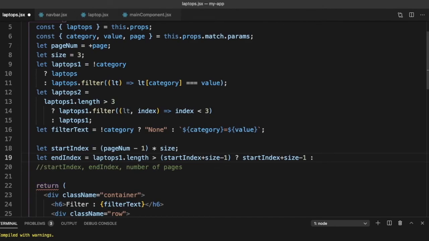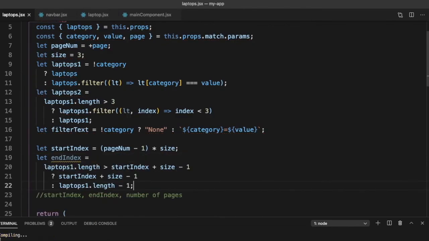Else it means that there are fewer elements. So else it is laptops 1 dot length minus 1. Now why is it minus 1? Because the index starts from 0, whereas the length will start from 1. So if there are 6 elements, the indexes will be 0 to 5, whereas the length is 6.